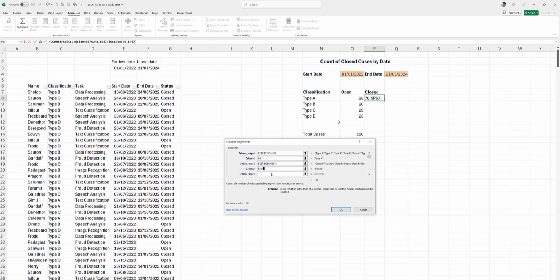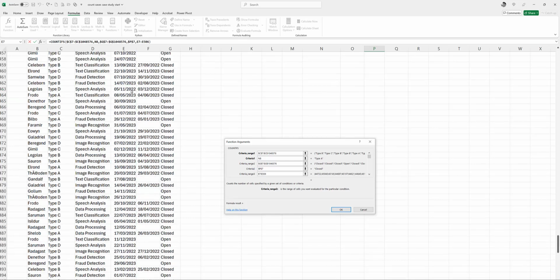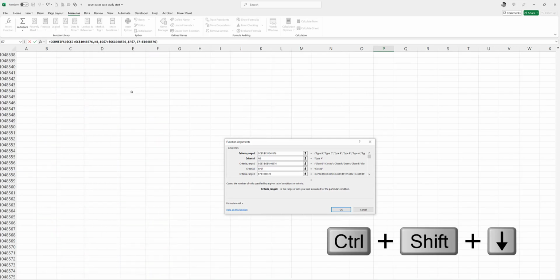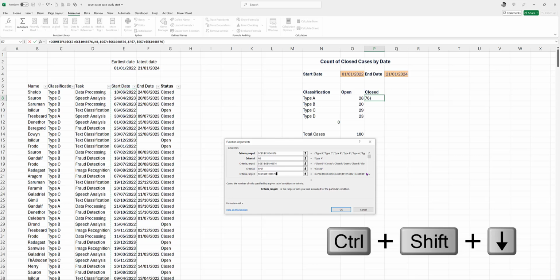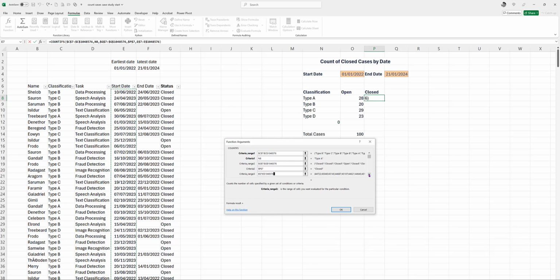I then want to say for the dates, so criteria range here is click on the start date, Control Shift arrow down, Control Shift arrow down again, F4, and then just lock that as well, F4 again, and open quotation marks, greater than or equal to, close quotation marks, ampersand, and then click on the start date, and then F4 to lock that. So basically I want to say everything that's after that start date, and then I'm doing the same thing again, end date, Control Shift arrow down, Control Shift arrow down again,